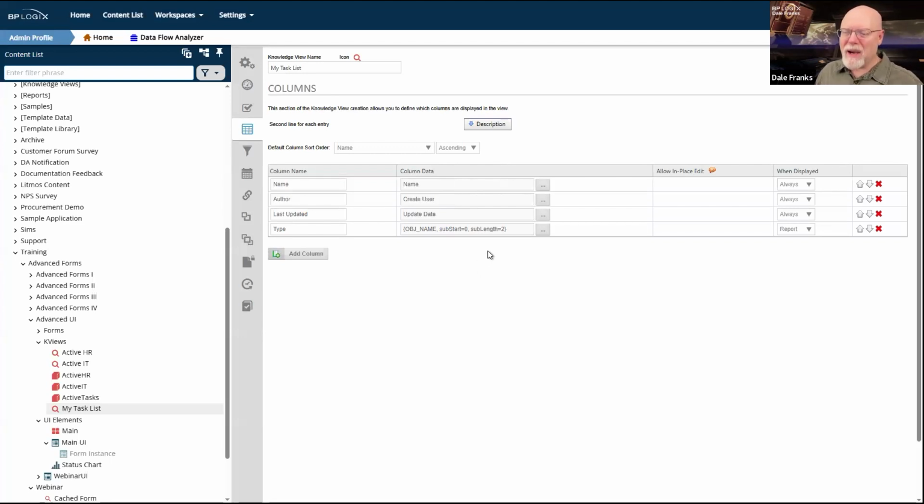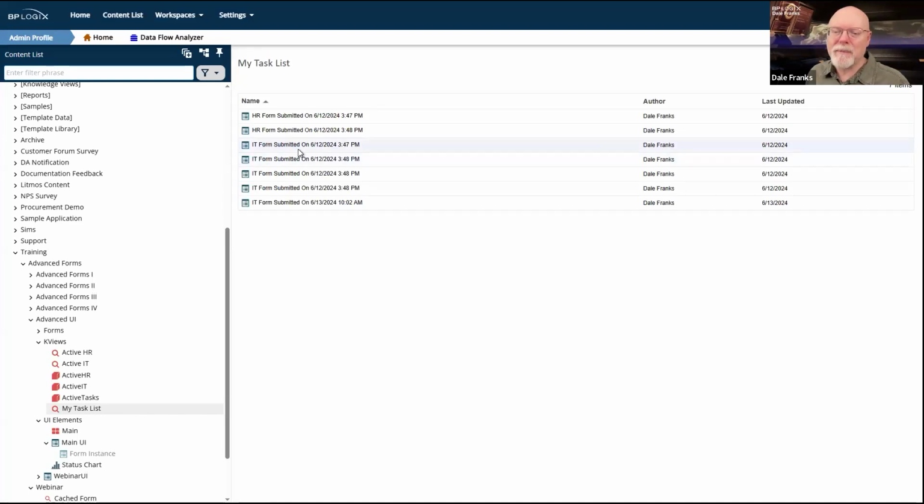So I think I'm just pulling HR and IT for the type out of the name, because if we update and run the request, the name is HR form, IT form, IT form.